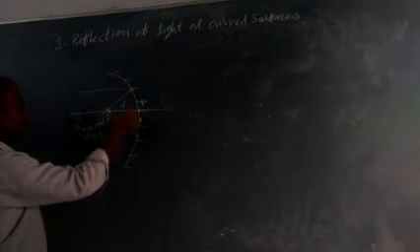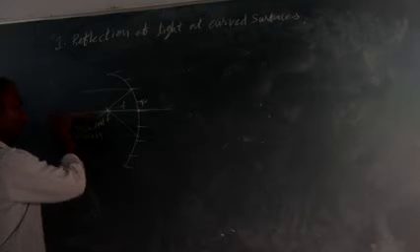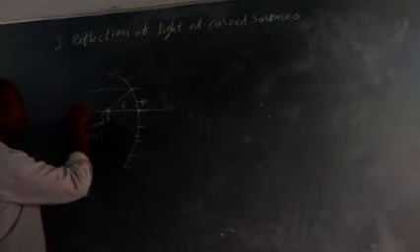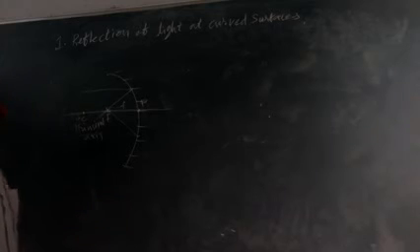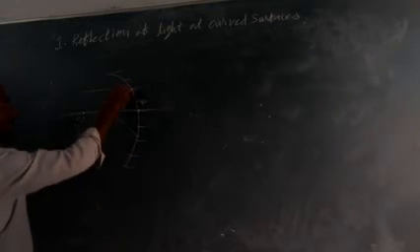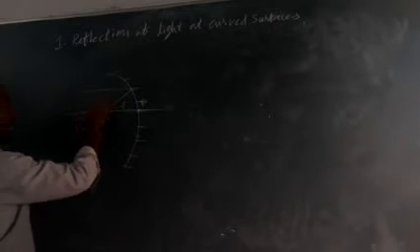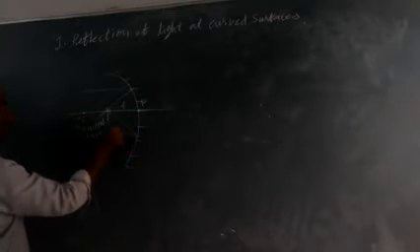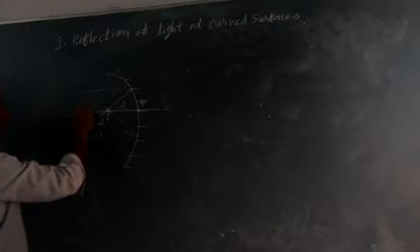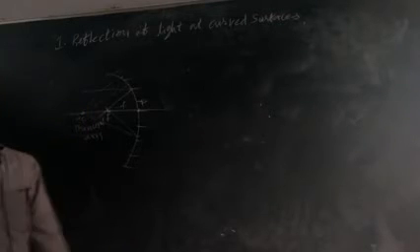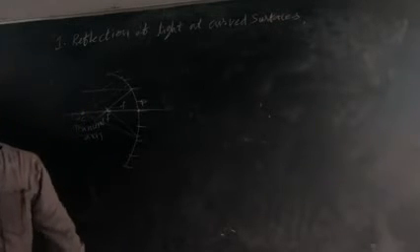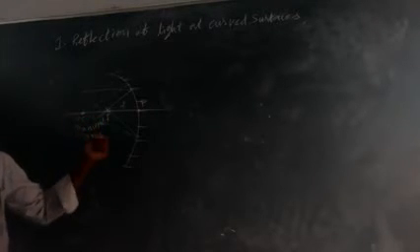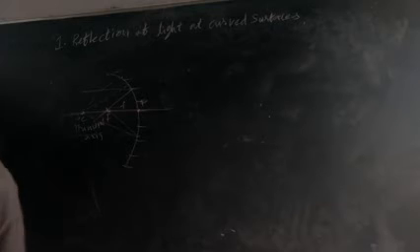Here, when you extend this principal axis, on this particular principal axis you are going to get the center of curvature. What is center of curvature? All the normal lines which converge at a particular point, that point is called center of curvature. These are terms which are present in page number 3. Page number 3.